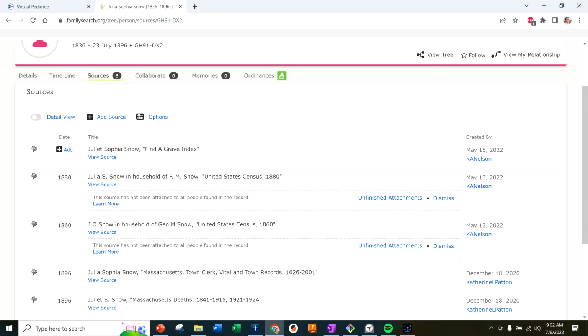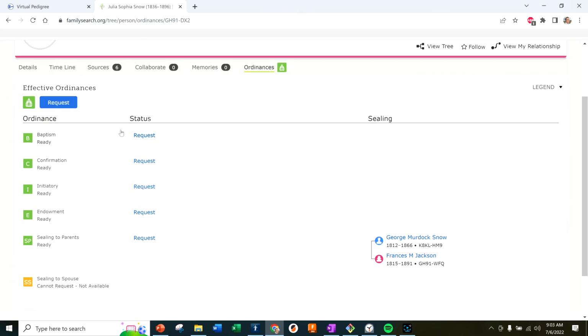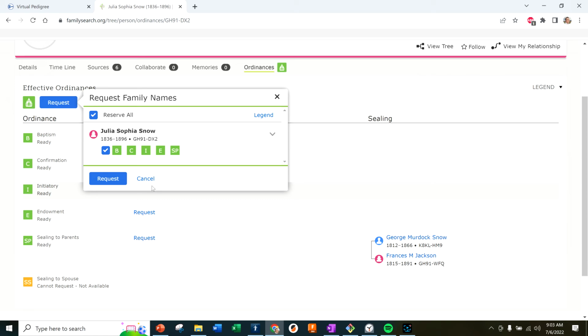So from there, we're going to go ahead and reserve their ordinances. So for that, we're going to go over here to this ordinances tab, and then right here we can request anyone individually, or we can request them all by hitting this blue button at the top. So we're just going to request,